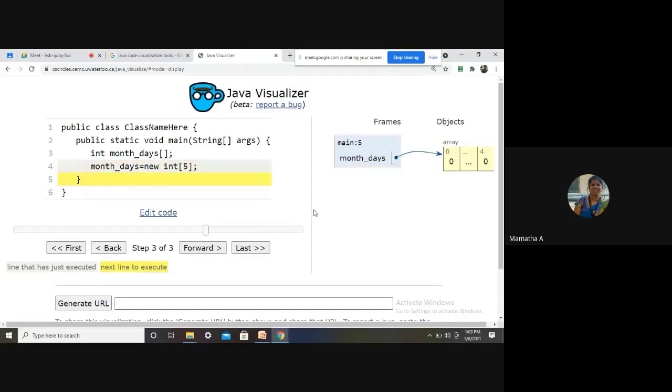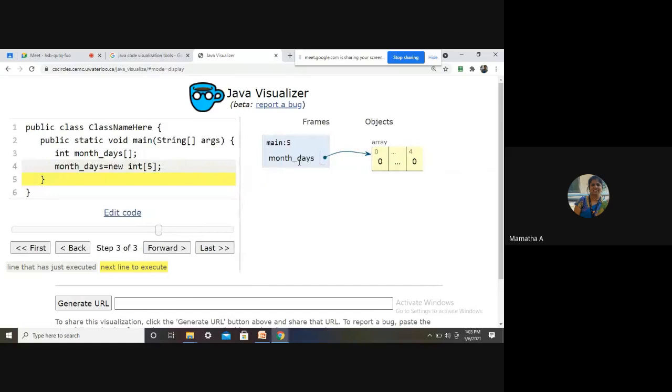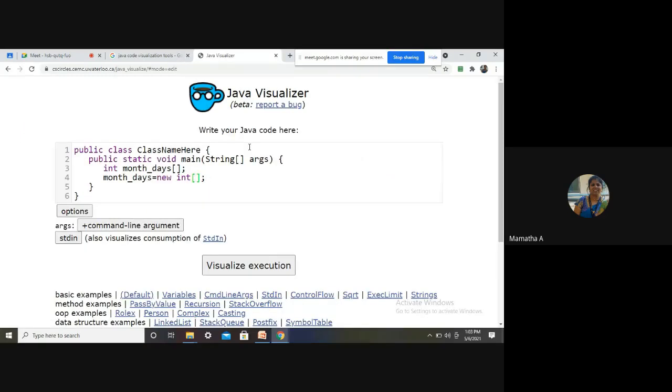Could you see this, students? See, month_days, as I told, is just a variable which contains null initially. But once you assign, okay, I will make it a little smaller here. I think I will give 3.